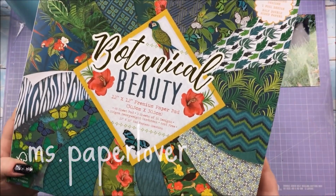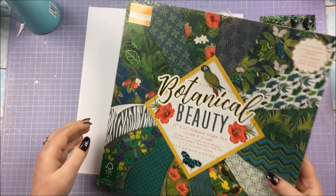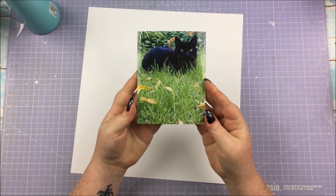For this week's video I am doing a scrapbook layout with the very beautiful Botanical Beauty paper pad from First Edition. I was just flicking through it there for you to get a little look, and I'm scrapping this picture